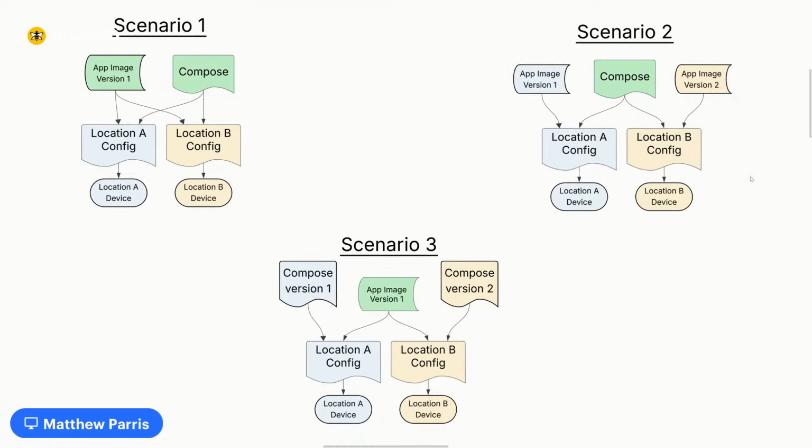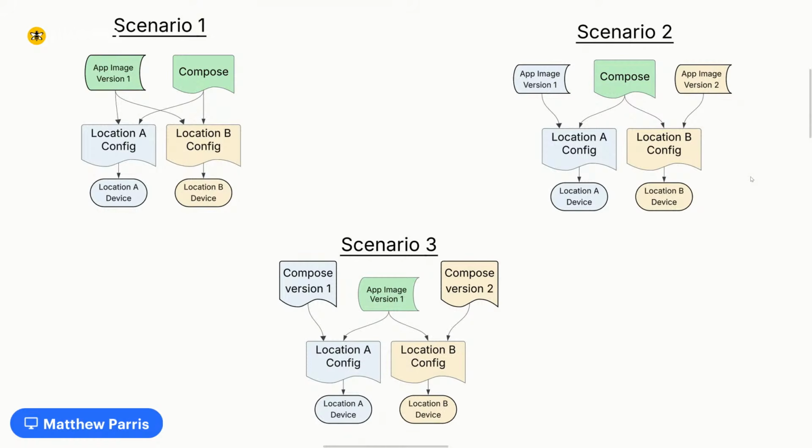So as we were going through and dealing with this with Portainer, I started talking to Neil Cresswell, the CEO of Portainer. Very accessible, very, very interested in solving people's problems. And so I just presented, here's 3 scenarios that I have a problem being able to manage within Portainer. Scenario 1 is I have a Docker image, and let's say it's just one image, and I have a single